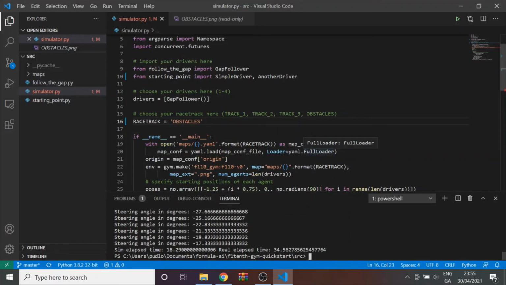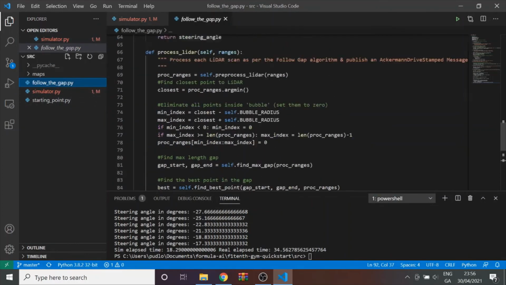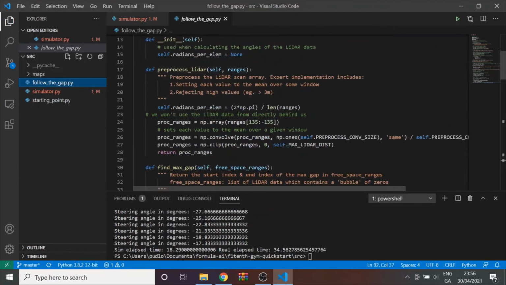And you'll find that if you pitch 2 gap followers against each other, the gap follower isn't great at multi-agent racing either. So yeah, one starting point for you could be to try and improve this gap follower, and